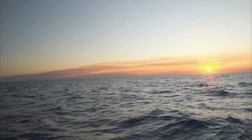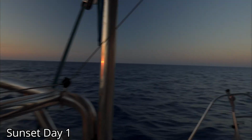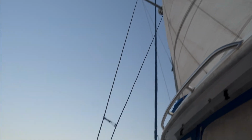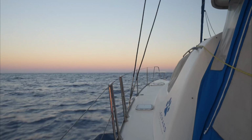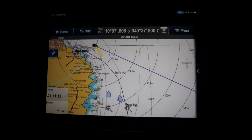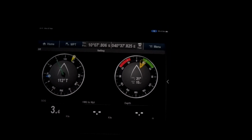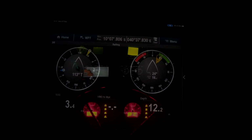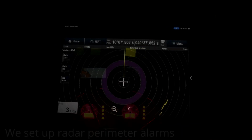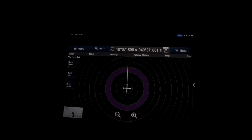Sunset, day one. During the first evening, we were motoring into the wind. It was 20 to 25 degrees off to our port side, so we needed to motor through the night to get some speed and get us some distance away from shore and around the corner to be able to go down the Mozambican coast. At night, we normally set up a circle perimeter around the boat with the radar, and